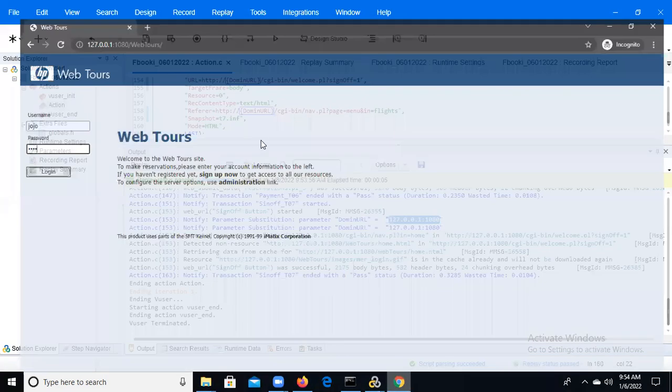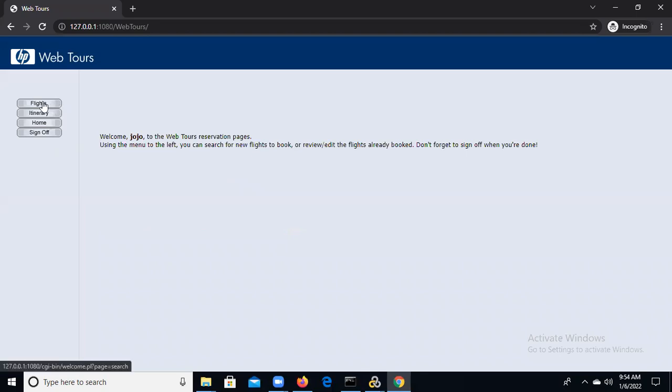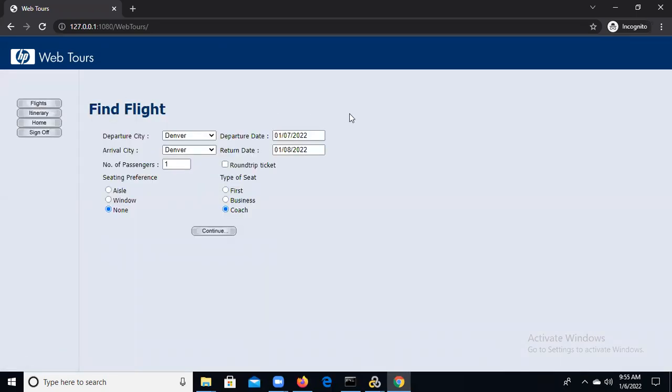So now I'm going to explain correlation, right? In correlation, I'm just logging in here. After that, click on flights. I told you, we are getting some dynamic values from the server side to the application side. On the application side, see, the departure will be there. We have different values. I will go from Denver to Frankfurt and London, but Shaker is going from Los Angeles to maybe San Francisco, whatever. Every time it is changing, right?